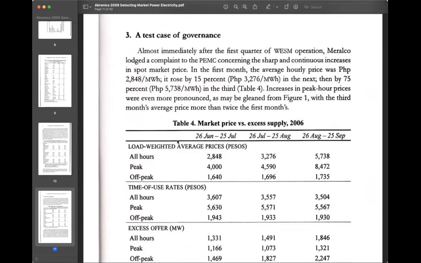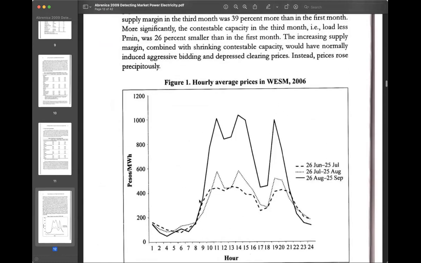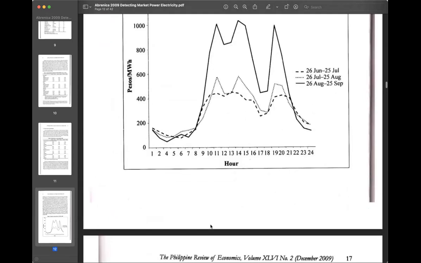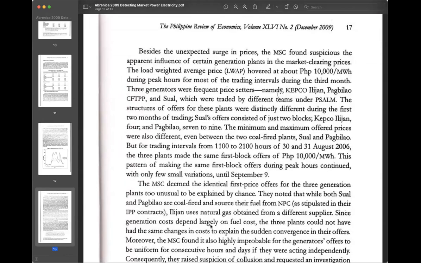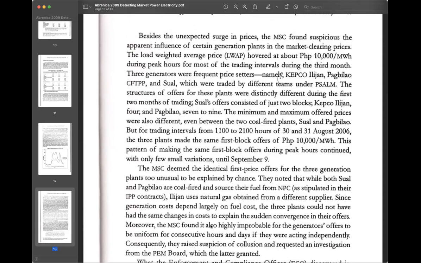So immediately after the first quarter of WESM operations, Meralco lodged a complaint concerning a sharp and continuous increase in the spot market price. Here's the table that sort of says that. So from 2.8 to 5.7. And here's a plot that sort of shows that. Okay. So the question is, saan galing yun? Okay. So there are some indications na, you know,